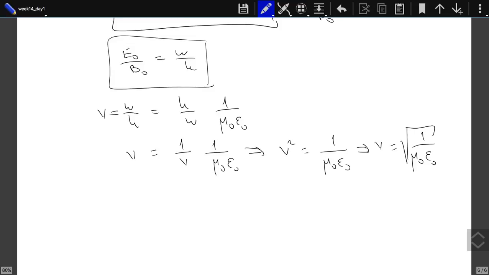We know the value of mu 0. We had measured the value of epsilon 0. And in fact, you can just measure the value of mu 0 and the value of epsilon 0 from electrostatics and magnetostatics. Just put two currents on a wire, measure the forces that they exert. Well, mu 0 is something that we define. We know its exact value. Epsilon 0 is something we measure. Just put two charges, calculate the force, and then you are done. The force is related with this epsilon 0. And if you put in those numbers, you get V is